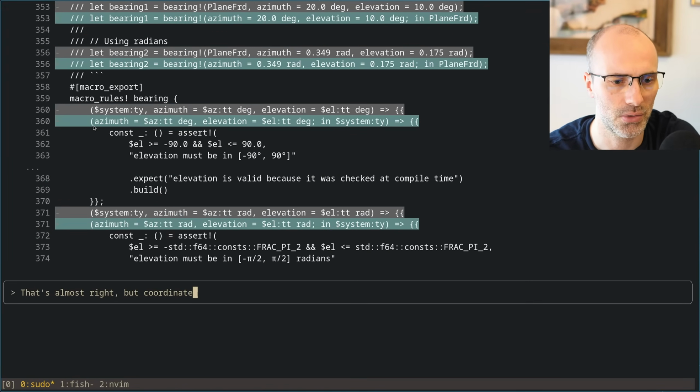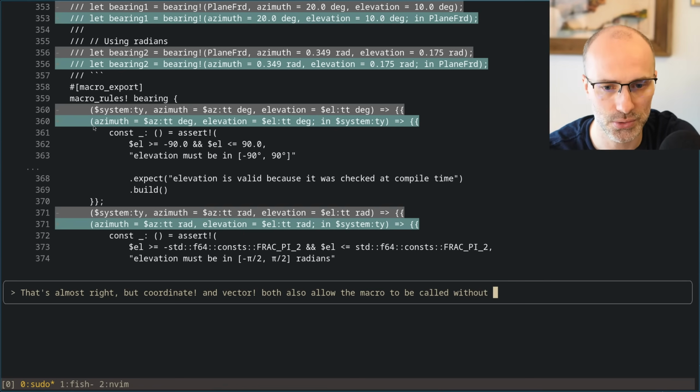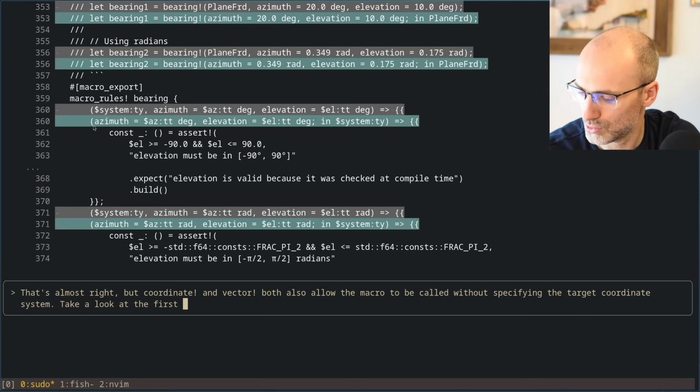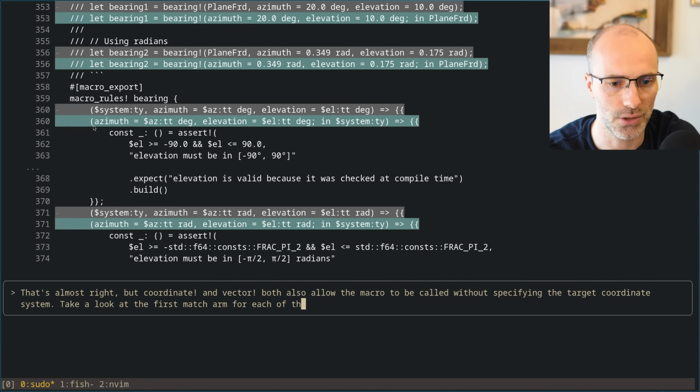But coordinate and vector both also allow the macro to be called without specifying the target coordinate system. Take a look at the first match arm for each of those macros, at the definition of each of those macros.